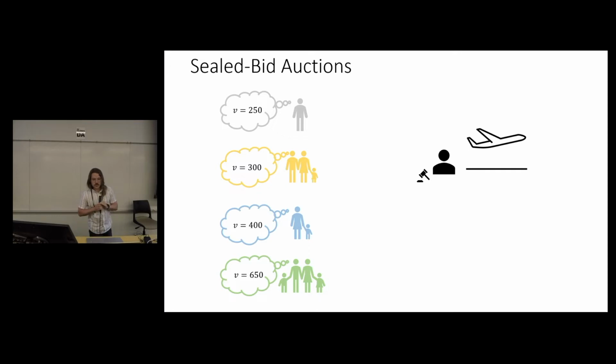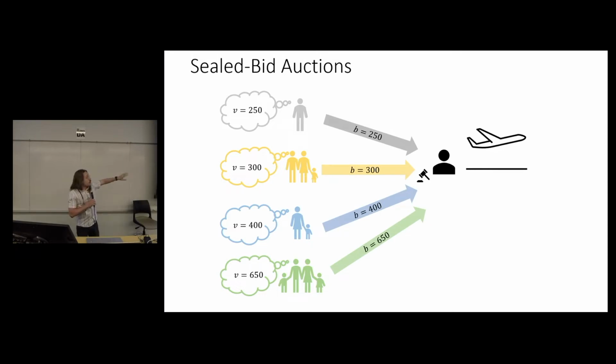Right. And the standard approach in the field of mechanism design is to run a sealed bid auction, wherein the participating bidders each submit their value directly to the auctioneer in the form of a bid, and the auctioneer uses these bids to make service and pricing decisions. And we say that an auction is strategy-proof if no bidder has any incentive to misreport their value when they report their bid, right? And there are indeed many strategy-proof sealed bid auctions in the theoretical literature on mechanism design,